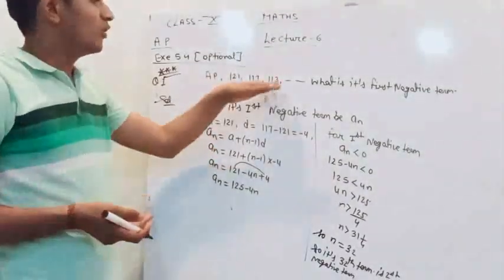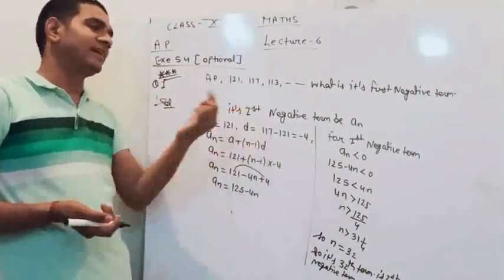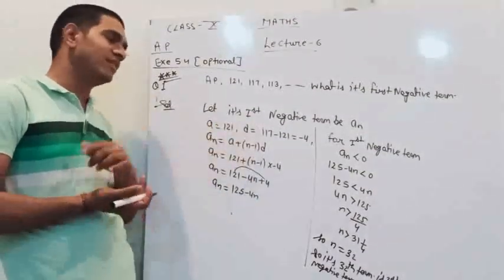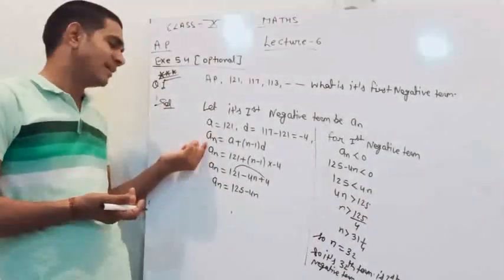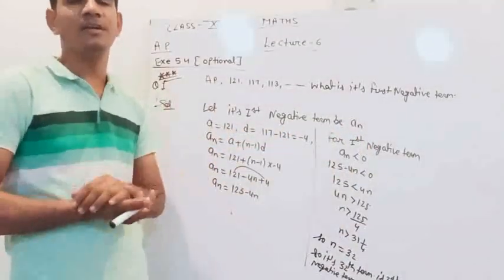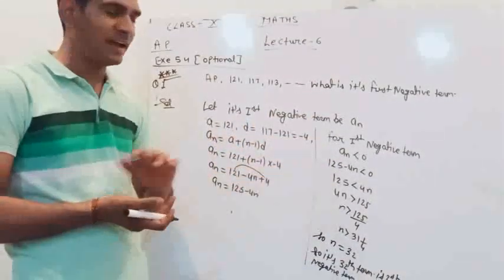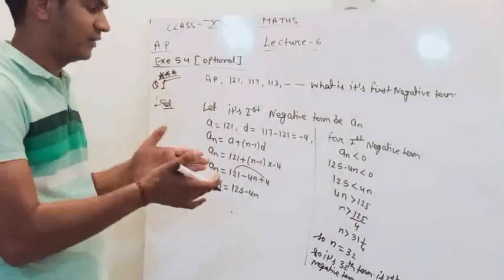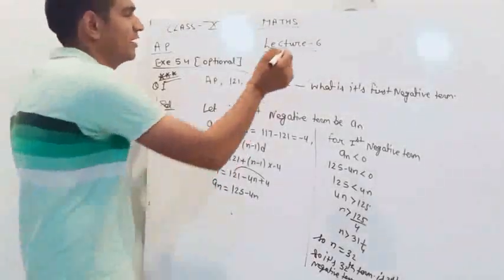every year. So how we will find out any question first negative term? Firstly we will assume that nth term is the first negative term. After that, what is the value of a, what is the value of d? So an equal a plus n minus 1 into d. We will find out the value of an. After that, for first negative term, negative का meaning क्या होगा, less than 0. an less than 0, an will substitute करो, then n value. Now where n is greater than 31 1 upon 4, so 31 1 upon 4 से just greater value क्या होगी, whole number 32. Suppose here will come condition is